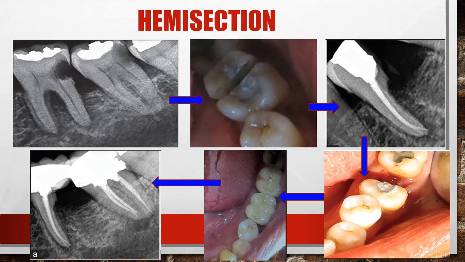Of course, you have to perform the endodontic therapy for the mesial half of the tooth, and you can actually save one root. So you can use it to act as a space maintainer, or you can use it as an abutment so that you can use it for a bridge as well. Of course, you cannot expect it to be used for a cantilever prep because it will be weak to support other teeth, but if it is part of a bridge, yes, definitely it can be used because it was after all part of a molar. Yeah, and hemisection can be clubbed with bicuspidization, so that will be covered in the next slide.